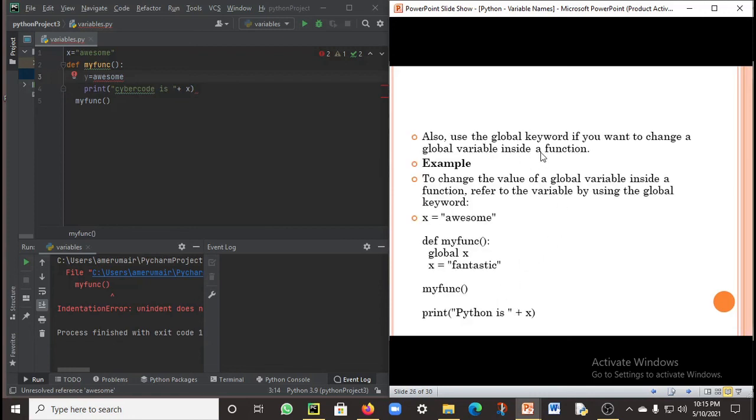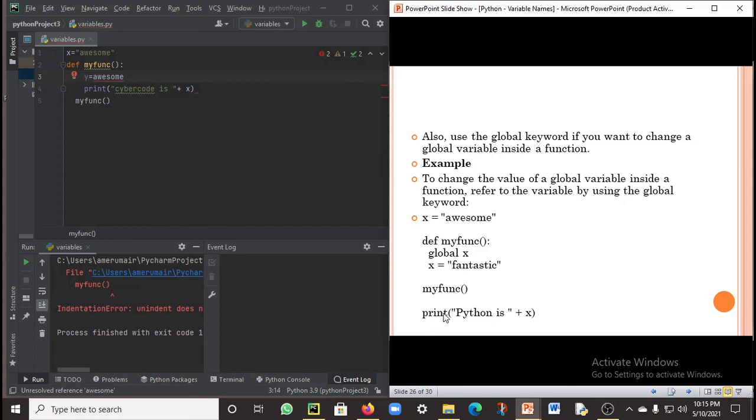Also use the global keyword if you want to change a global variable inside a function. Example, to change the value of a global variable inside a function, refer to the variable by using the global keyword. Now outside the function, x variable is equals to awesome, and my function global x, and x is fantastic, and the global variable x is fantastic, my function.